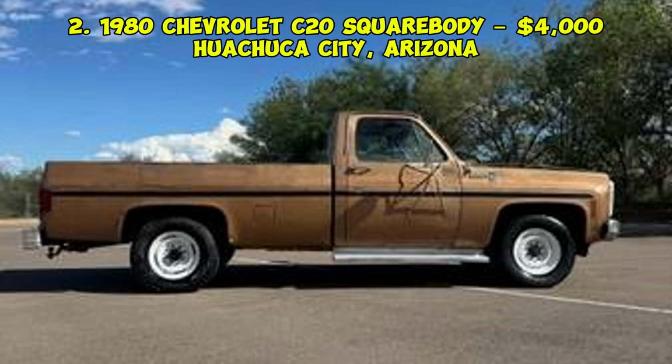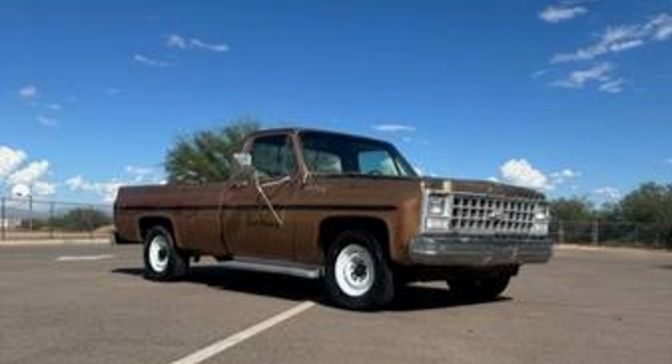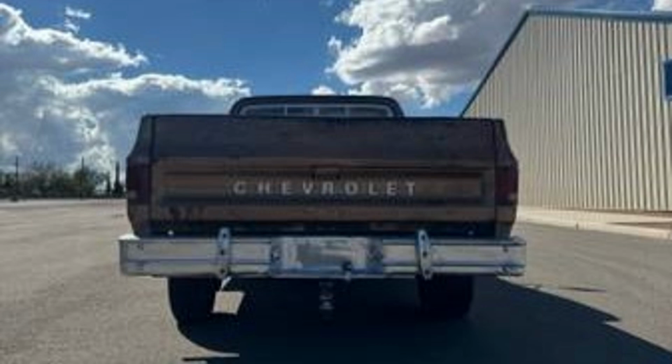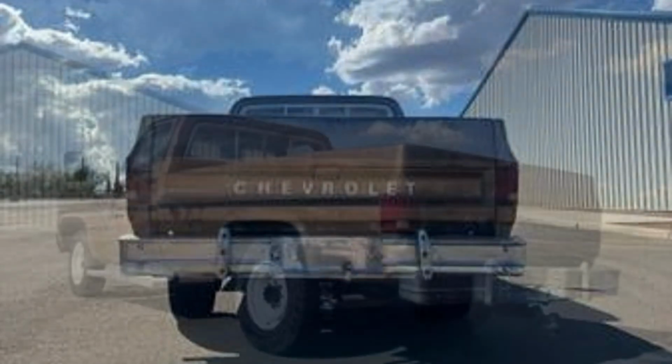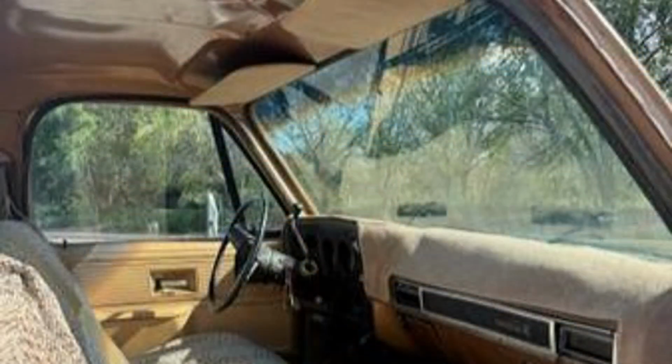Number 2. 1980 Chevrolet C20 Squarebody, $4,000, Huachuca City, Arizona. This long bed Chevrolet C20, finished in its original gold paint with desirable patina, represents the solid Squarebody era. Featuring the rare one-year-only front end, the truck is powered by a 350 small block paired with a TH350 automatic